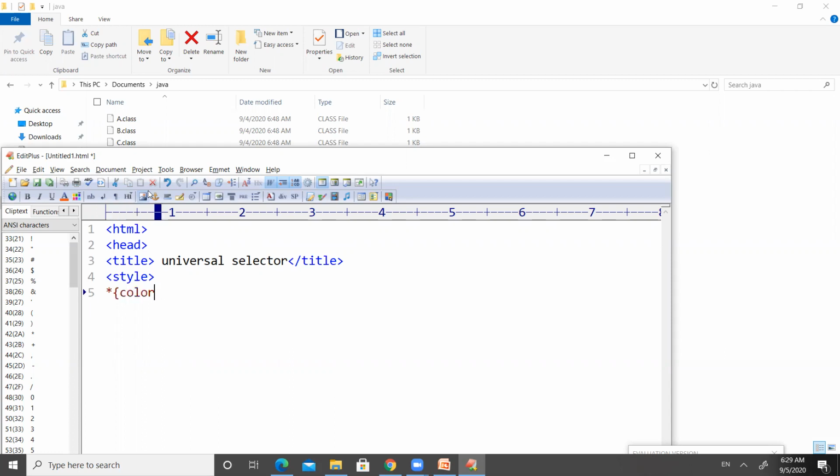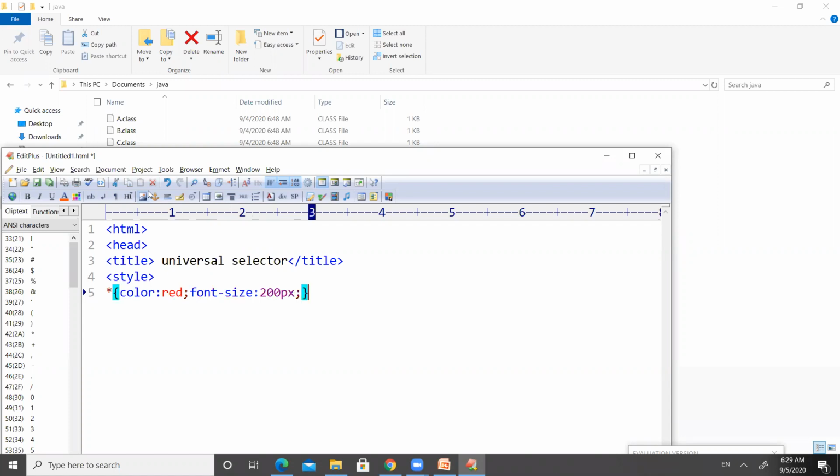I want the color of all the text inside the web page in red, right? And then I want to change the font size. I can use the font size option where I am giving the value as 200 px.